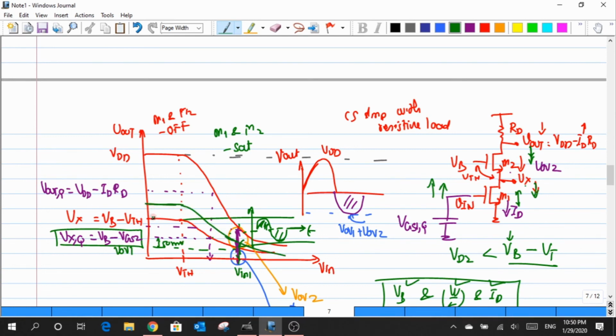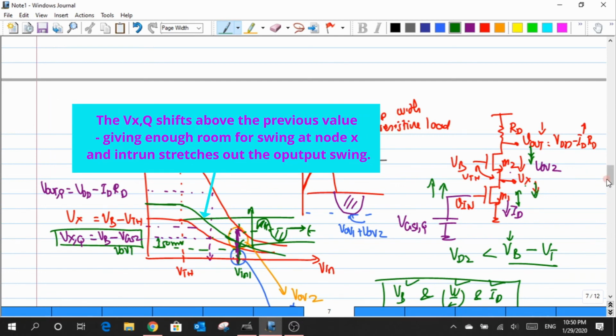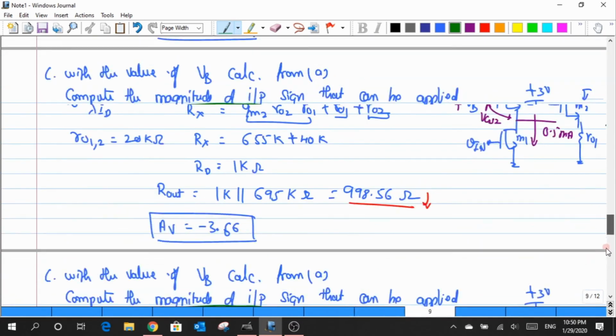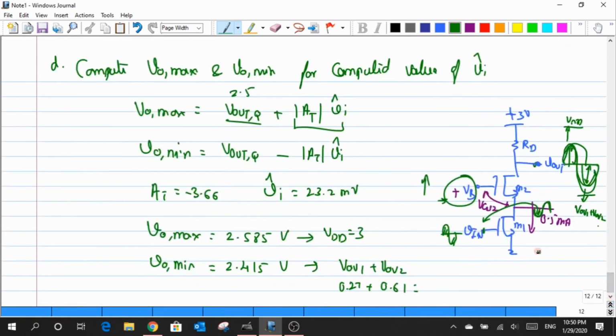What possibly could happen is that, just by increasing the value of VB, I'm also increasing the value of my VOV2. Let me talk about this rise in the value of VOV2 when I increase the value of VB